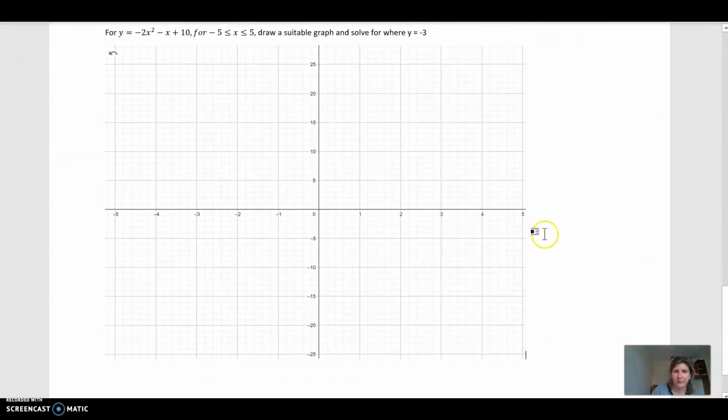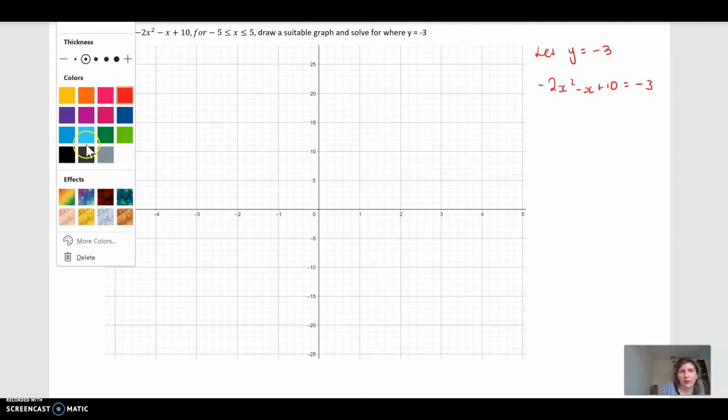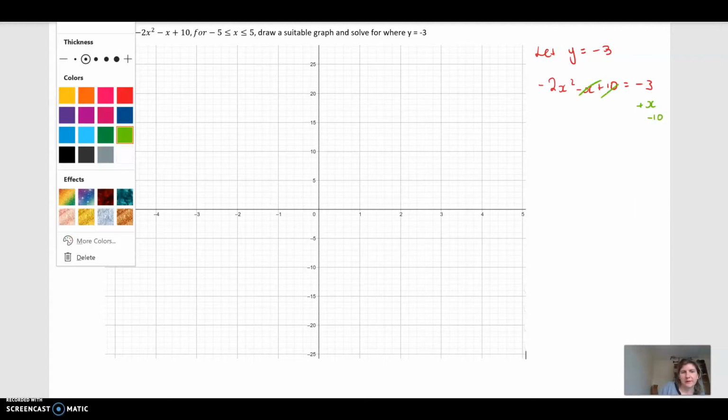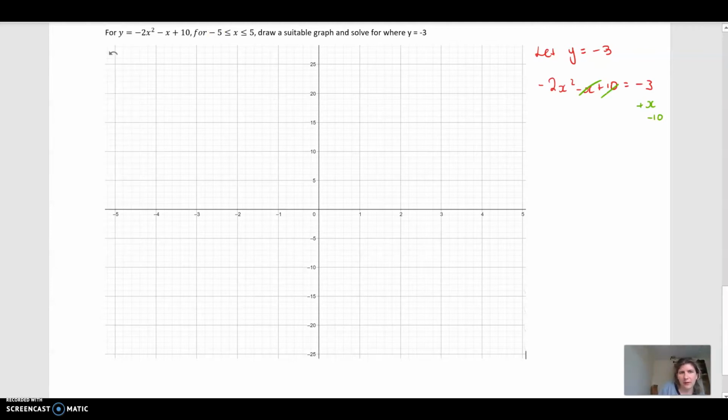So this one here, we've got for y, again same process. So we're solving for where, in this case, y equals negative 3. So we're going to let y equal negative 3. Okay, so we've got negative 2x squared minus x plus 10 equals negative 3. Now, same as before, we're going to take the non-x squared terms onto the other side. So we're going to add x and minus 10, cancel those out. So we end up with, I'm just going to keep that red for the moment, negative 2x squared is equal to,